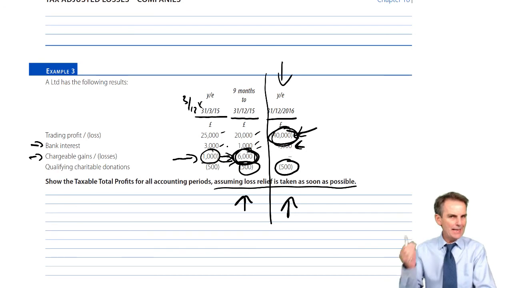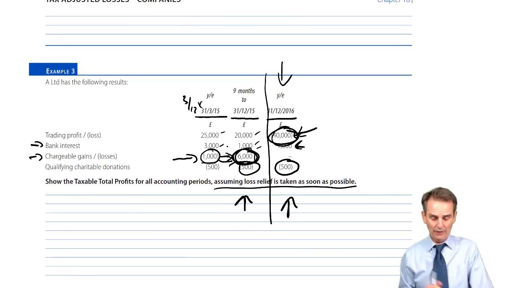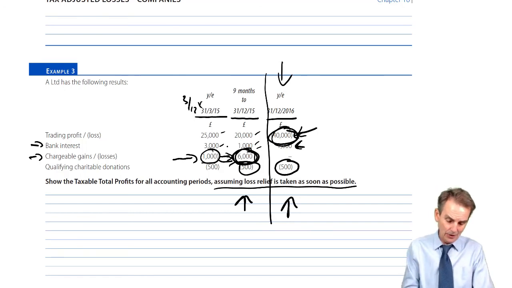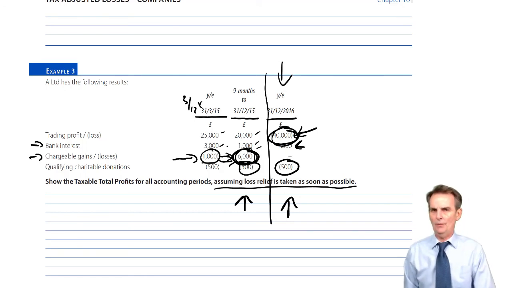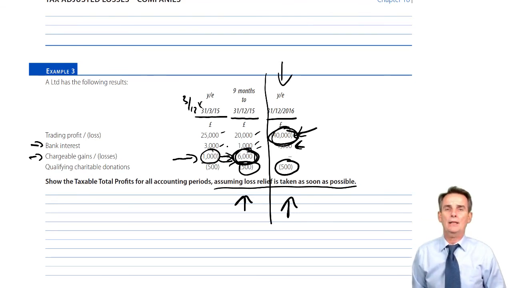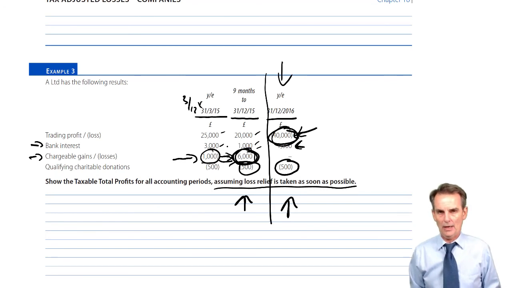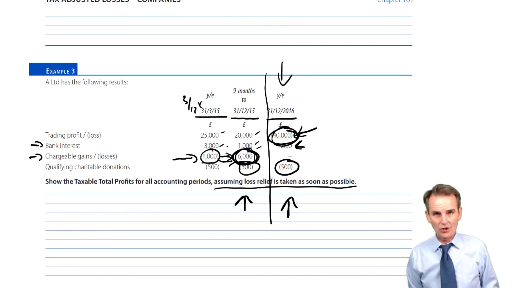Now, I'm going to give a big ask here to see whether you can apply what we've done so far on a fairly simple basis against this problem, which is much more of an examination standard. But see if you can do it. If you can do it, you'll be the stronger for it. Don't worry if you get into problems, because at the beginning of the next session, I'm going to take you through that. So I look forward, therefore, to seeing you in our next session together, where we continue with our study of these corporation tax losses, where hopefully at least you've had a go at this example 3.